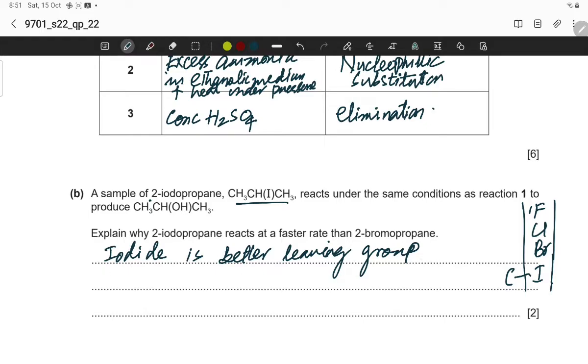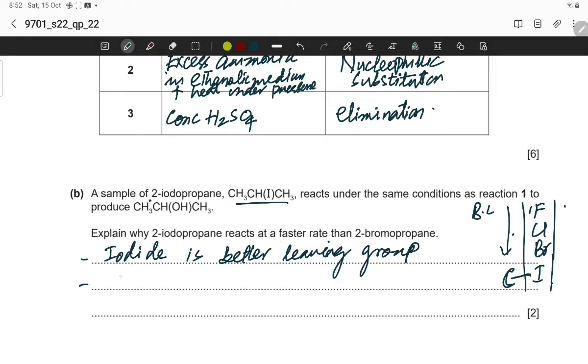The reason is worth 2 marks. Bond length increases down the group and less bond energy is required to break this bond, C-I. So that's why iodide is a better leaving group due to the larger radius,